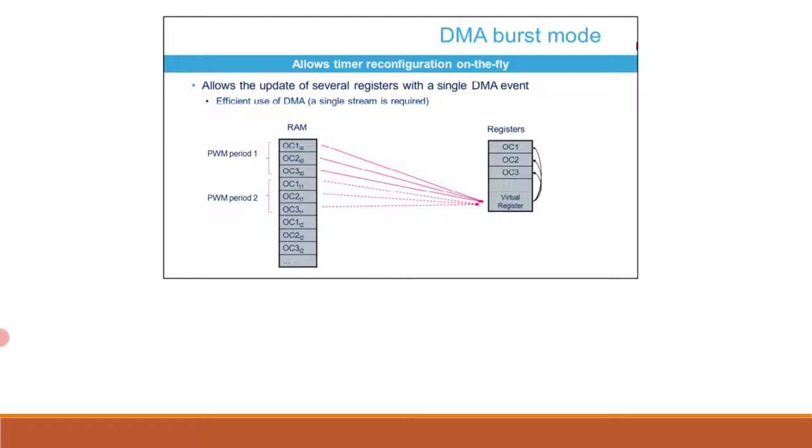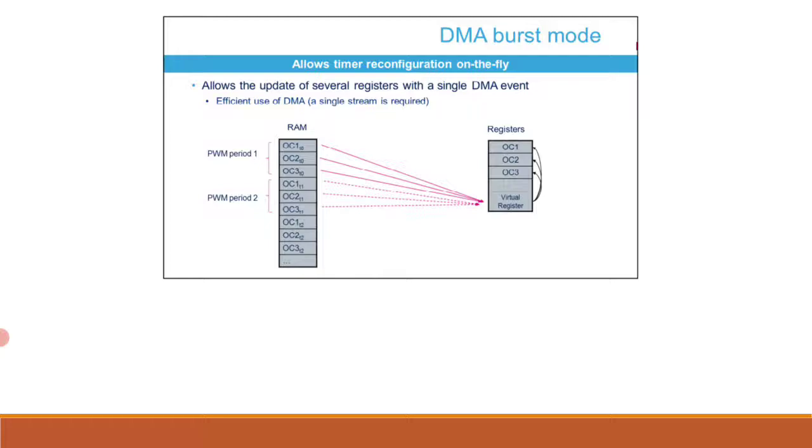The example shows how a table containing 3 compare values can be transferred into the compare registers with a single DMA stream when a new PWM period starts. The DMA must be programmed in memory to peripheral mode, pointing to a unique location in the timer, the virtual register